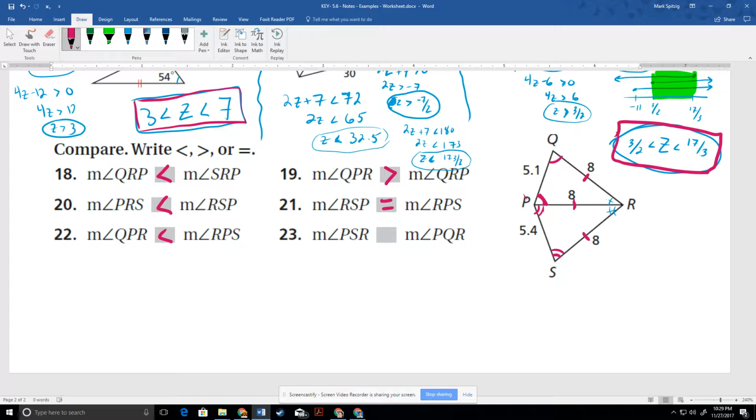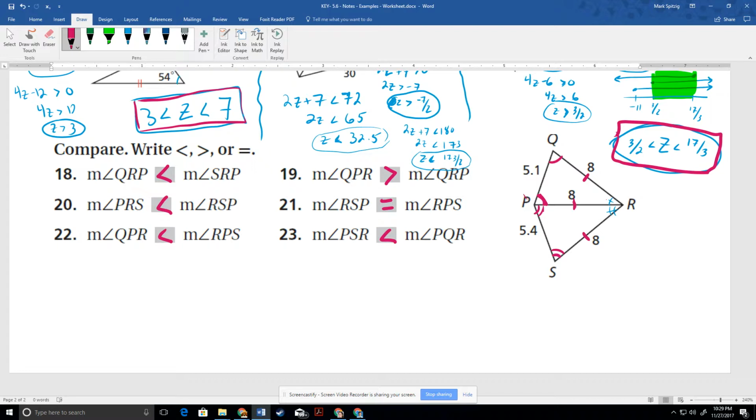All right, PSR and PQR. Okay. Well, we can already compare those because PSR is this angle and PQR is this angle. We know that angle Q is congruent to this one and angle S is congruent to this one. So because they're congruent to these, we can just look at this relationship. So we know PSR is going to be less than,